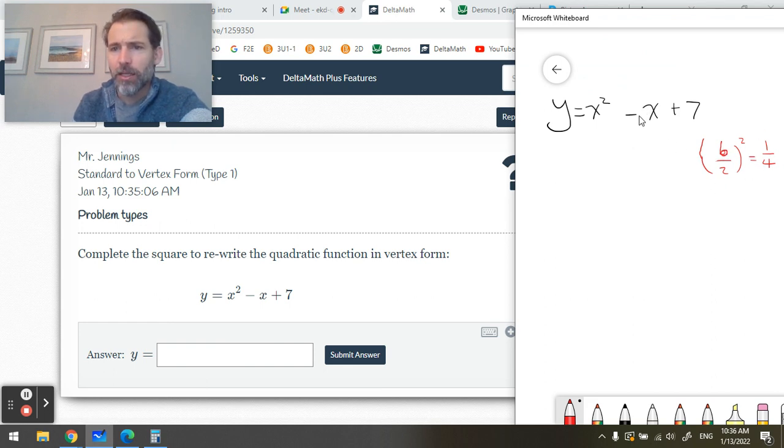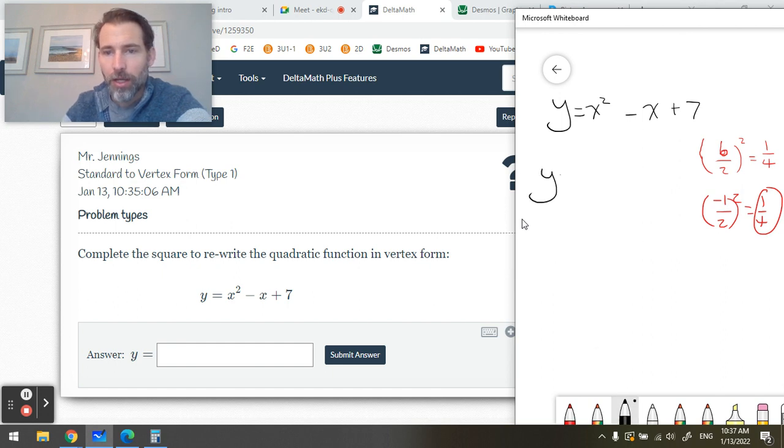And so then I get, this is negative 1. So negative 1 divided by 2 is negative 1 half. Negative 1 half times negative 1 half is 1 quarter. Okay, I'll just write it out. This is negative 1 over 2 squared equals 1 quarter. So this is the Jerry Maguire number that will complete the square here. So let's write it out. y equals x squared minus x plus 1 over 4 minus 1 over 4